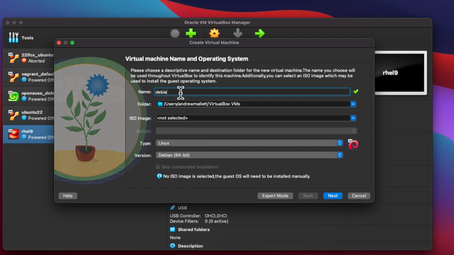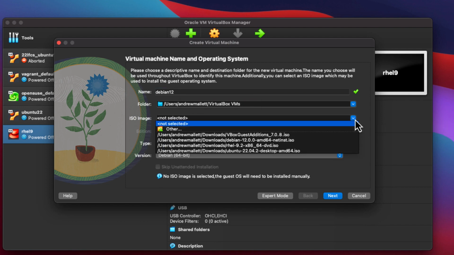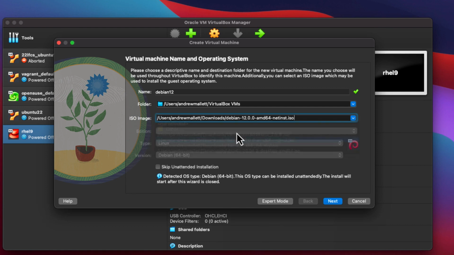The name I'm setting is Debian 12. It doesn't really matter, but that name becomes important later on. So you can set it to any name, but we need to reference that name. I'm just using the latest Debian 12 net install ISO. And we're going to make sure that we skip the unattended install so I can then set parameters that I want during the installation. As we run through with next,